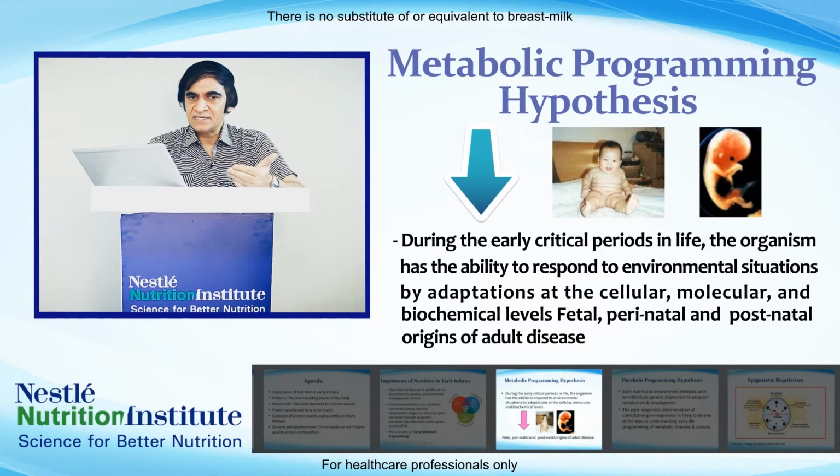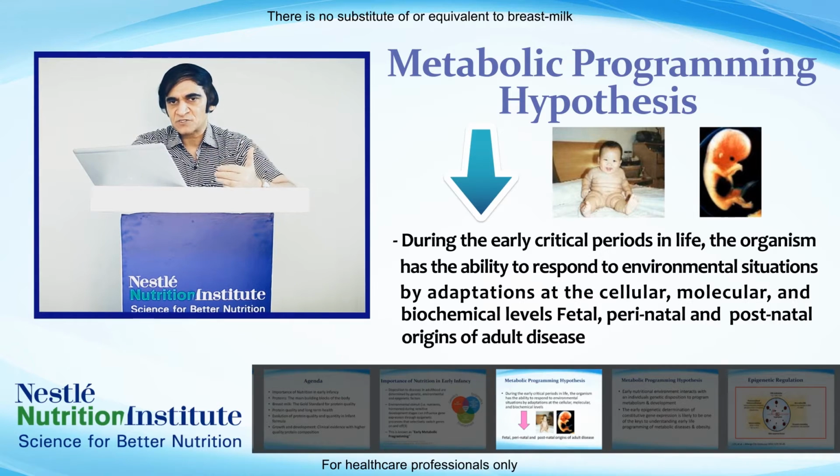So the second type of epigenetics is environmental epigenetics. There are many environmental factors which can influence the epigenetic process. So what are the environmental factors? We can give examples like smoking, pollution, hormones, and there are some diets which can also influence the epigenetic process. So environmental factors play an important role in influencing the epigenetic process as early as fetal life and early embryogenesis.